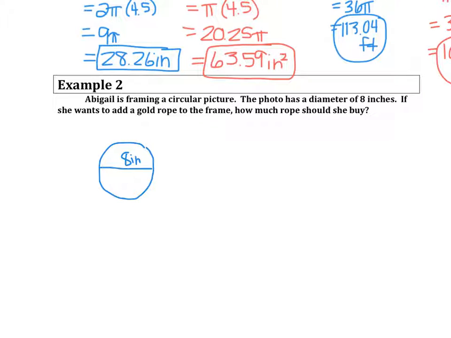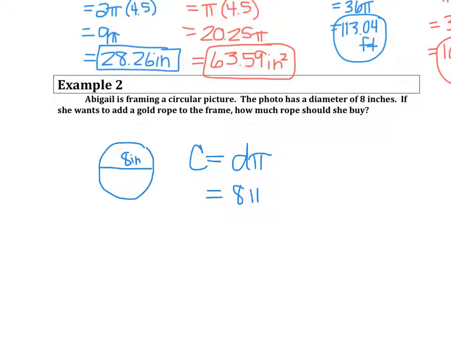So if I'm going around the picture and it's a circle, around the outside would be basically your perimeter, but the fancy way of saying that is your circumference. And circumference we know has two formulas. You can either use diameter times pi or 2 pi r. Well, in this case, they gave us diameter, so I might as well use the diameter formula, which would just